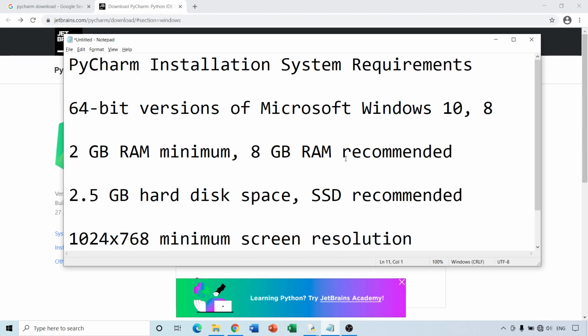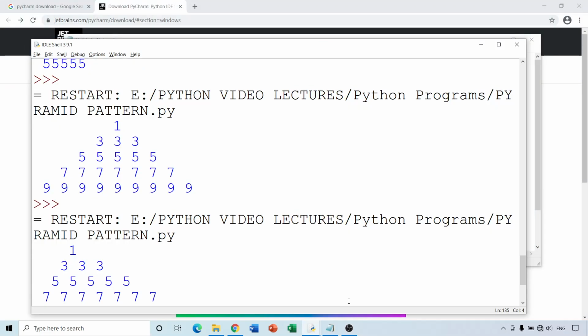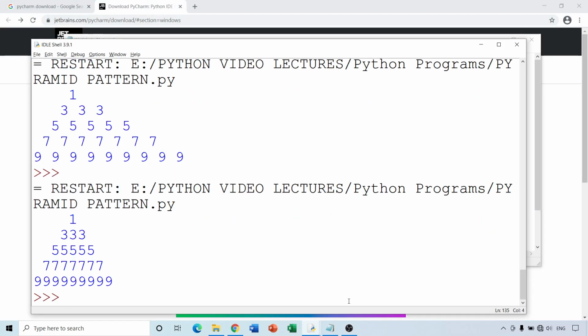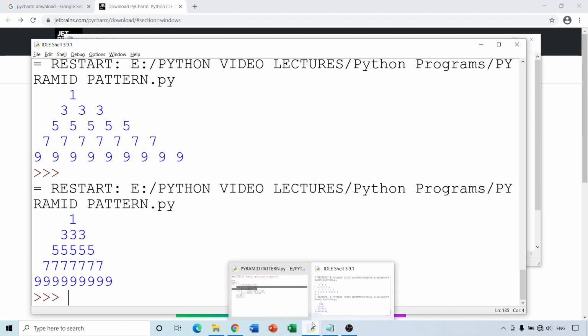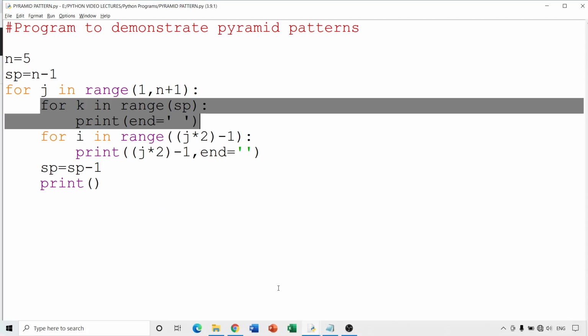Now, before we install PyCharm, let us understand what PyCharm is and what the requirements of PyCharm are. All of us up till now have used the IDLE as far as doing the practicals are concerned. This is the Python IDLE shell where we can do the practicals. This is the last program which we had studied, one of pyramid pattern. This is a sort of editor where we can write the programs. But it has, yes, the advantage that it is very fast and compatible with the Python IDLE.